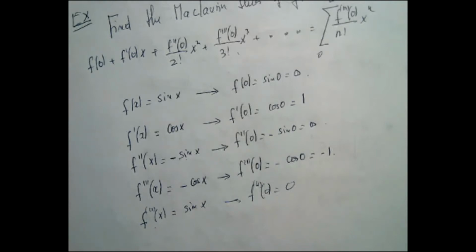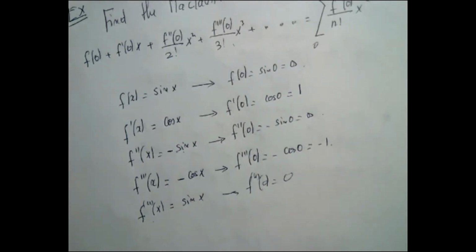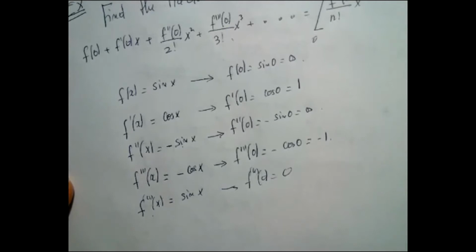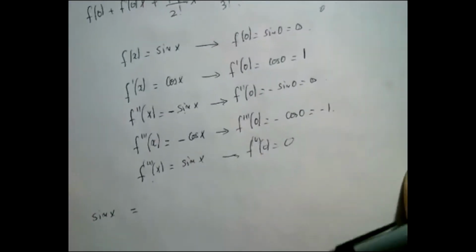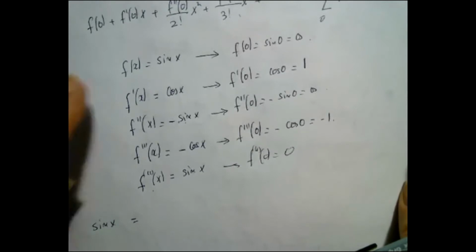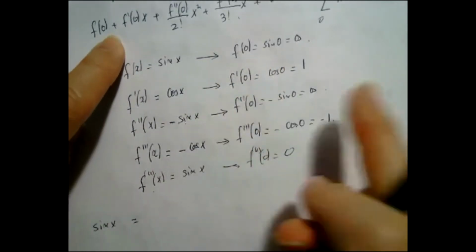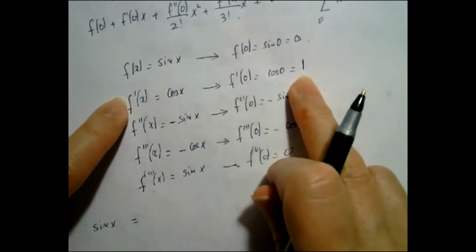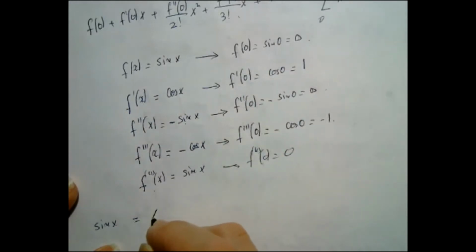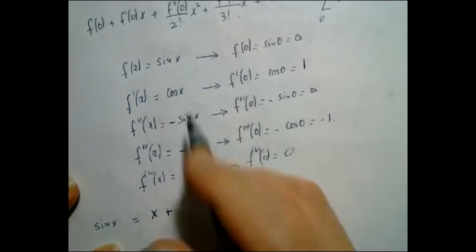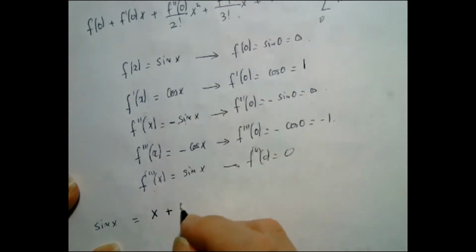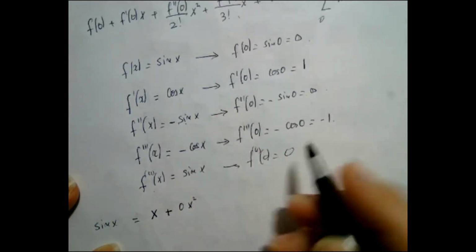Now the idea is how to really write this. So let us watch carefully the writing. So sine x will be equal to, f of 0 is 0. F prime of 0 is 1 times x, so we're going to have an x. The second derivative is 0 times x squared. Then it's